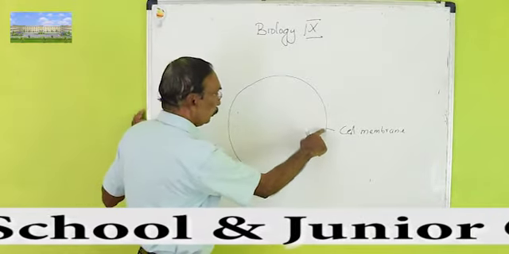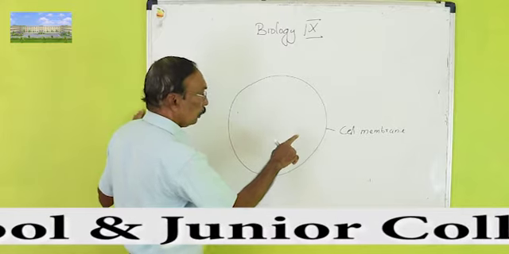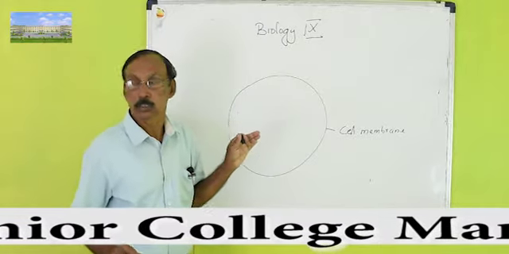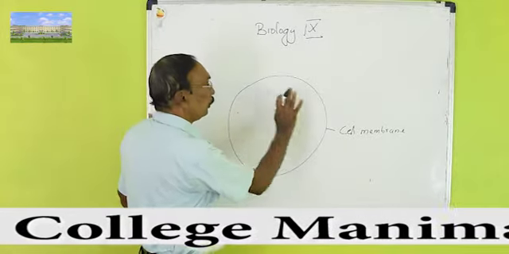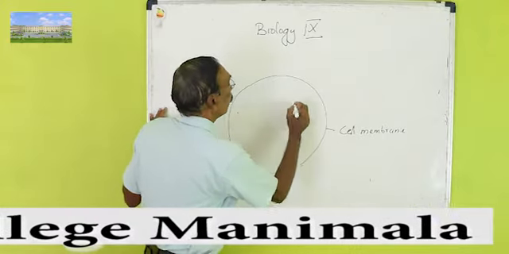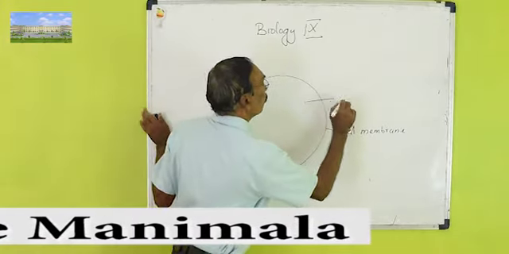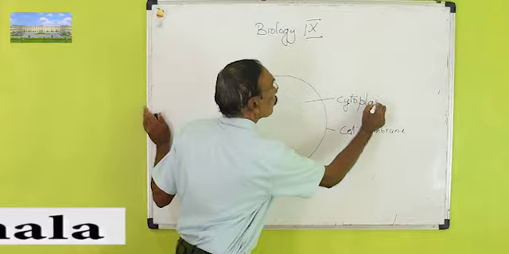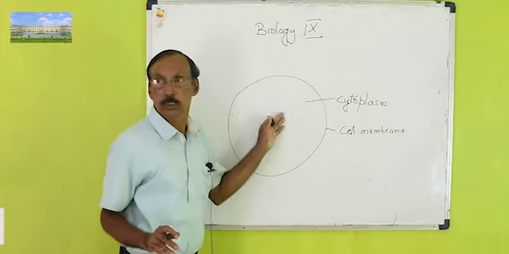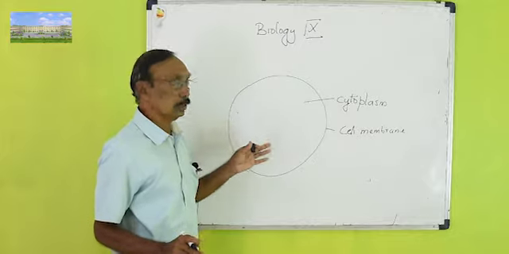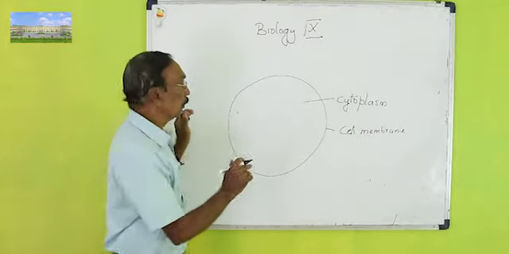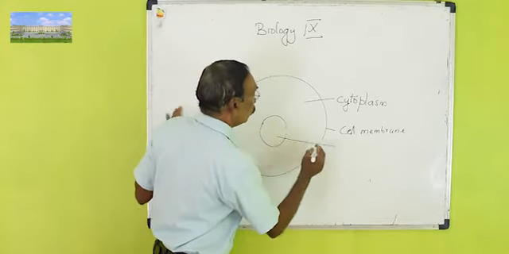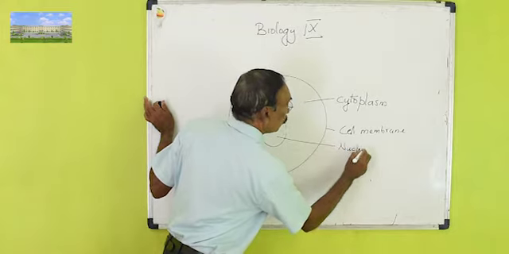After removing the shell, you will see a membrane, and that membrane is present in all cells. This membrane is called the cell membrane. Inside the egg you can see a white liquid, and that is there in all cells also. This is called cytoplasm. Cytoplasm is the thick fluid inside the cell, and inside the cell, as in the egg, there is a large structure called the nucleus.